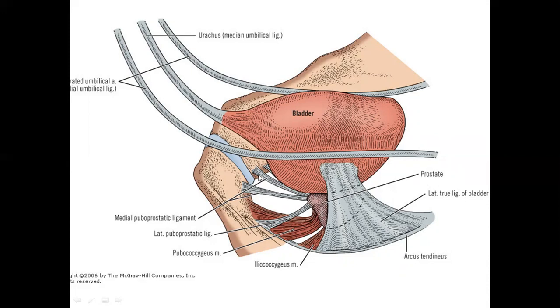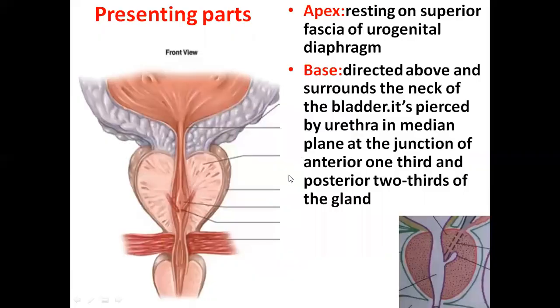So, from the prostate till the pubic symphysis, we are finding certain thickenings of the fascia, which are now called ligaments, which are nothing but, in case of male, we call them medial puboprostatic ligaments and lateral puboprostatic ligaments. Lower down, we will come across the urogenital diaphragm and also the levator ani muscle. Of course, the other structures we are seeing will be dealt with under the urinary bladder. This is the apex of the urinary bladder. Let's not deviate from the topic. As such, prostate is a lengthy topic.